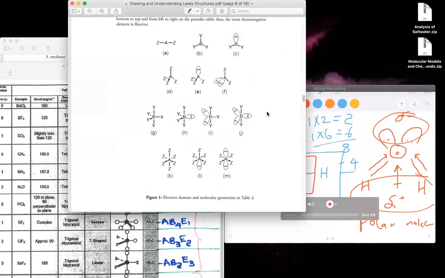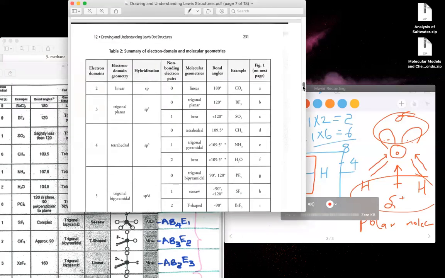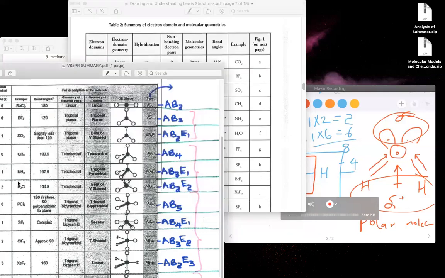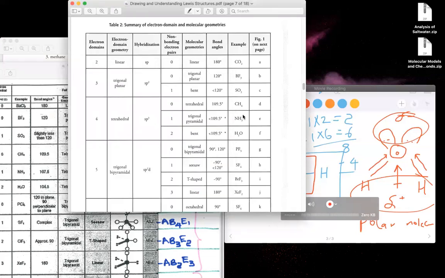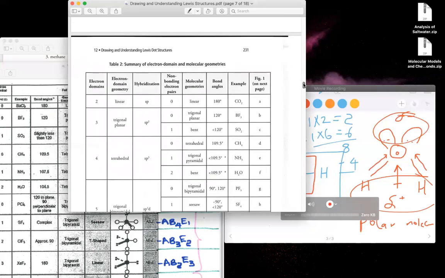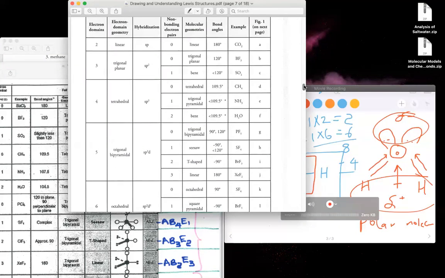You will also need this table right here for hybridization. My table here doesn't have anything to do with hybridization, but this one, table 2 on page 231, is handy in determining the hybridization, not geometry, hybridization. And from our H2O here, it has 4 domains with 2 lone pairs of electrons and sp3 hybridization. This is what I'm looking for. So you have to look at your